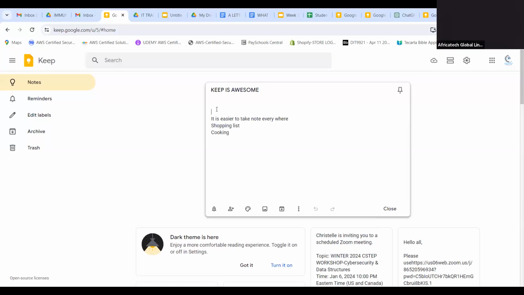So you can use that in a lot of stuff. Maybe you're doing some publication, you are in a train, and then you don't have your computer, right? You can start writing something, and at home, if you are connected to the internet, it's going to be there at the same time, right? It's good. So you have to take advantage of this. Just download Keep, right? And then you connect with the same email. It's easy. You are somewhere, you don't want to carry your laptop, but you are thinking about something that you'll be doing when you are home, and you start writing, and then when you are home, even before you get home, it's there already, because it's the internet. As long as you are connected to the internet, you have everything.